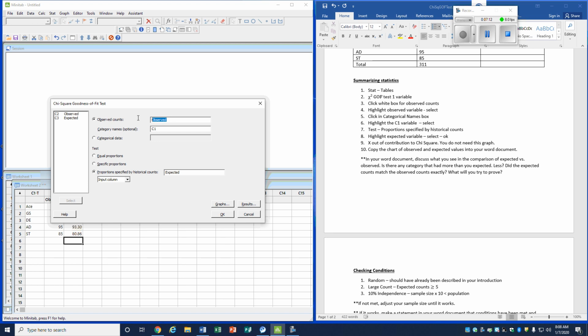So first you're going to click, and yours is going to be empty right now. I'm going to take that out so it looks like what you're looking at. All right, so you're going to click in the white box for observed counts right here beside it. And then, step 4, come over to highlight the observed variable, and then come down below it and click select, and that will place observed in your white box. Step number 5, you're going to click in the category names box, and you're going to choose C1, which is where we had all of our category names. Hit select,